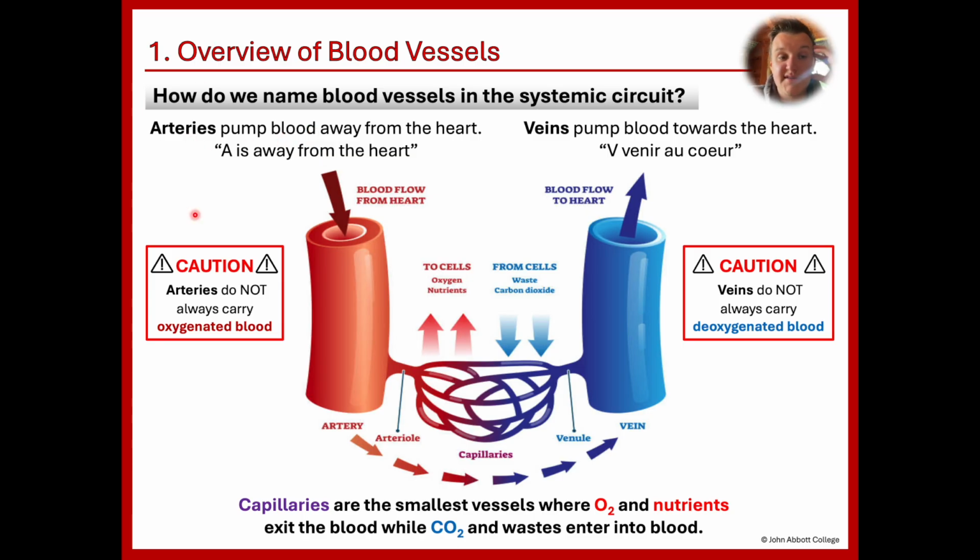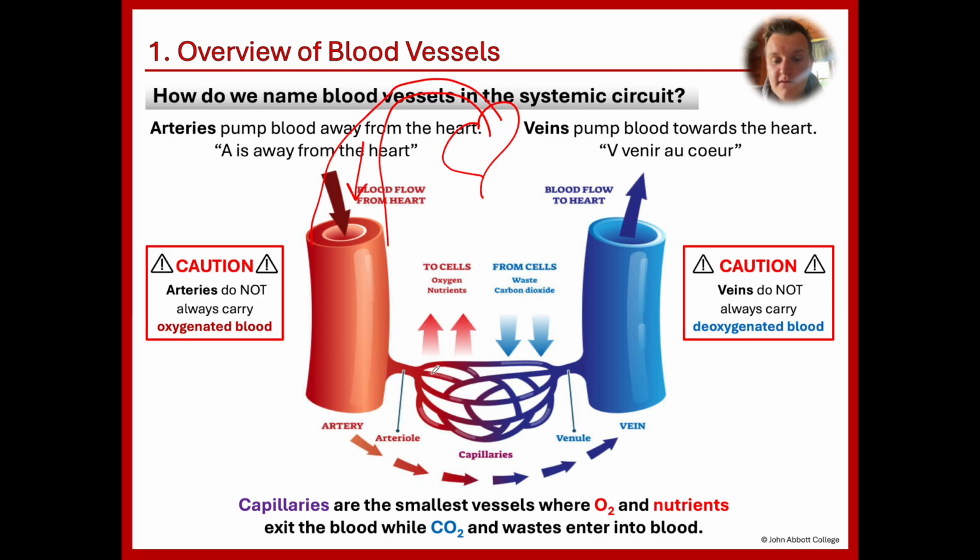Arteries pump blood away. So here's the heart, let's say, right? Let me put the heart over here. Blood moves only in one direction in the heart, okay? So let's say that over here, here's my blood vessel, and the blood is moving in this direction. It never turns around in the other direction. Blood going in this direction, this would be an artery because blood is flowing out of the heart. A is going away from the heart. And then we end up going down the artery, right? We go to the arteriole,